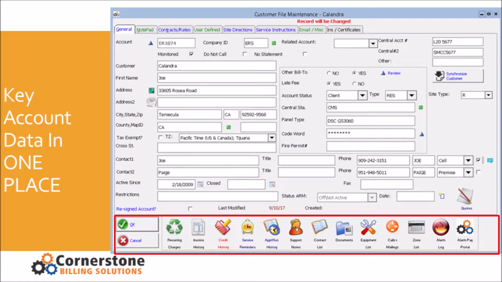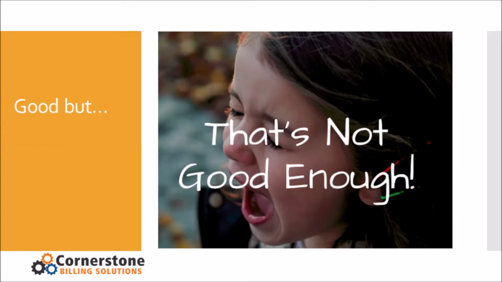And if you step back and look at this screen, what it also speaks to is kind of the classic use of a customer management software package, and that is as a repository for customer information, really a database. Everything about the customer is stored here. So in this day and age, in 2018, that is still important, but honestly, that's not good enough. Good software should really be doing far more than just providing you a database, a repository for customer information. So let's look at some of the things that in this day and age you should be expecting from good specialized software.